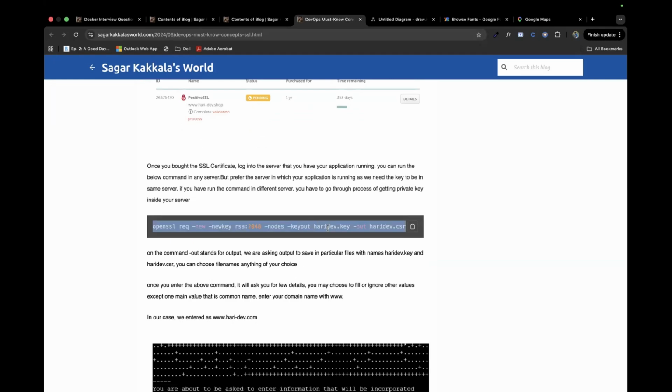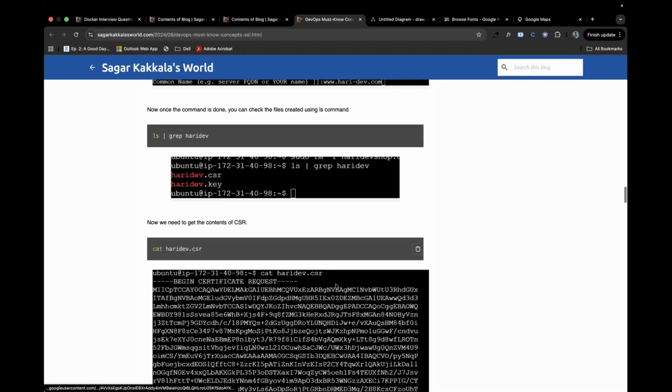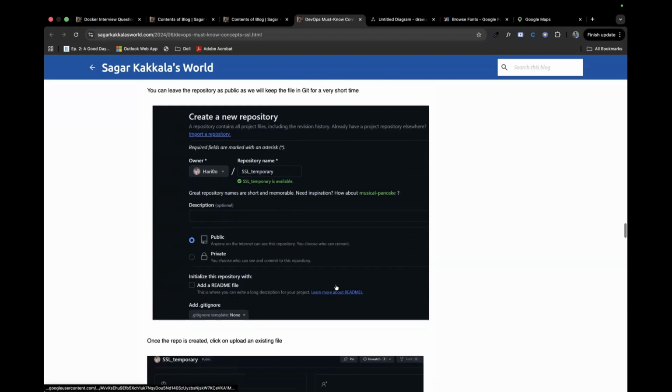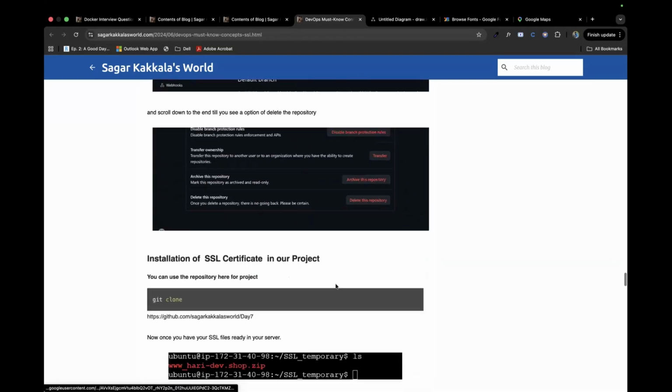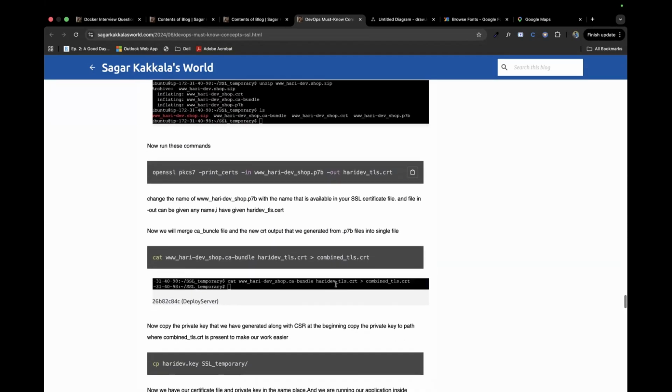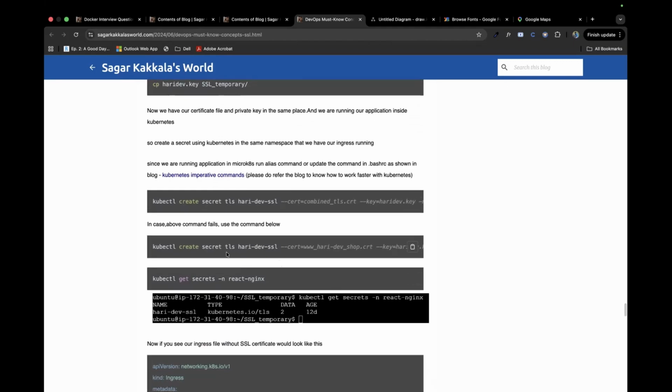Using that certificate and the private key you used to generate the CSR, we create something called a TLS certificate inside Kubernetes.